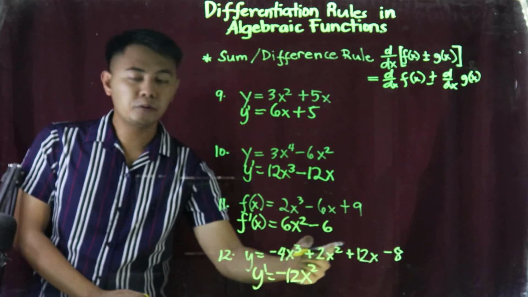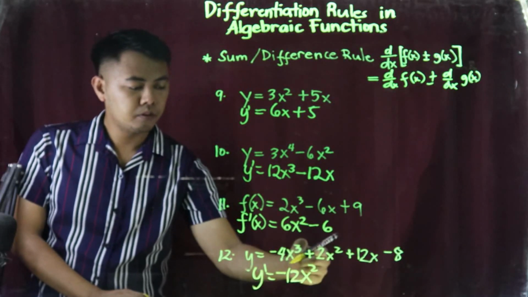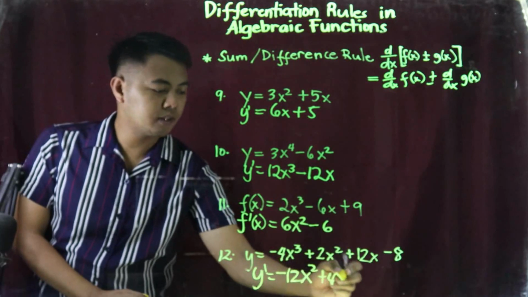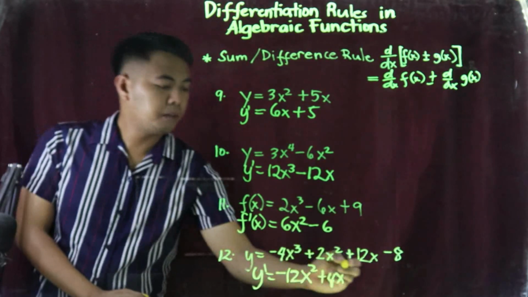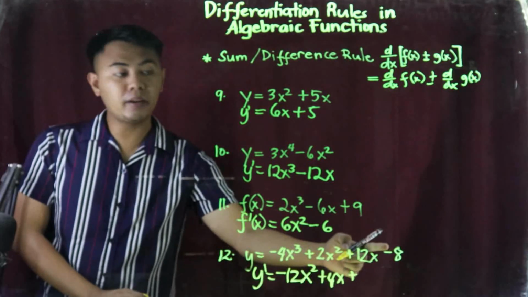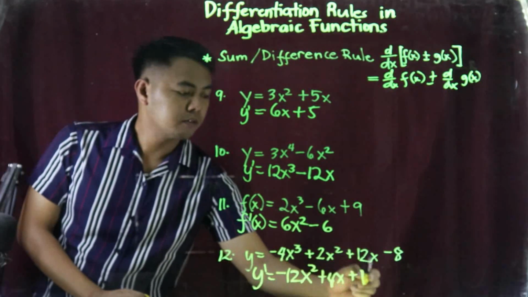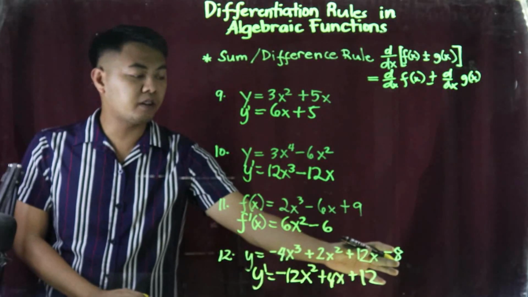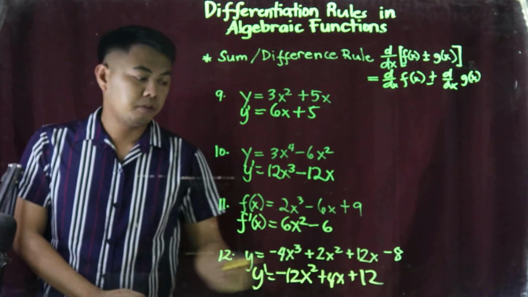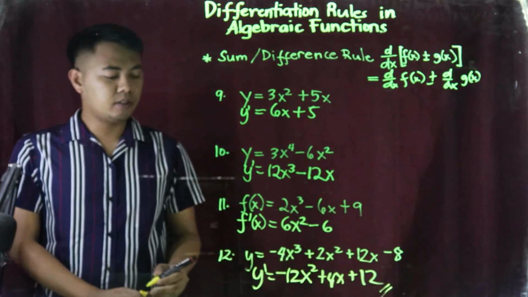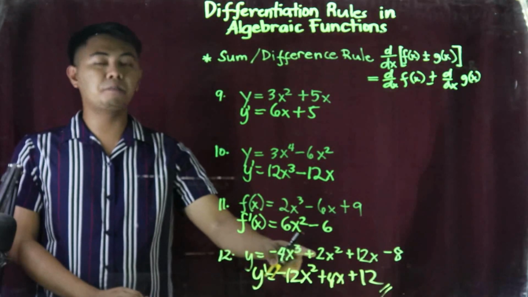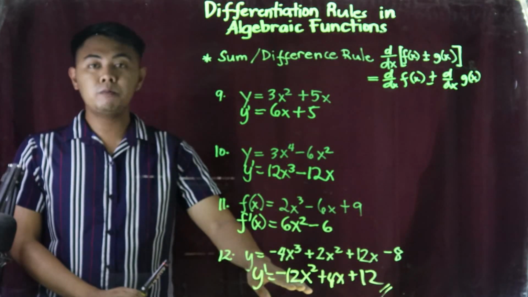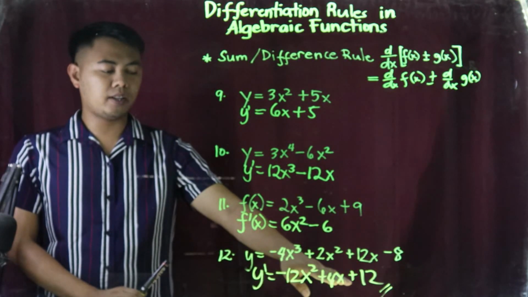Next, 2 times 2, that is 4. Then subtract 1 from the exponent, that is x. Plus, the derivative of 12x, just simply remove x. So 12. The derivative of negative 8, that is a constant, the derivative of a constant is 0. So the final answer is this. The derivative of negative 4x cubed plus 2x squared plus 12x minus 8 is negative 12x squared plus 4x